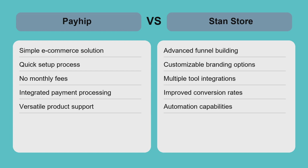For example, a writer selling ebooks might choose Payhip for straightforward sales, while a coach offering courses and memberships with email follow-ups would benefit from Stan Store's funnel capabilities. The trade-off is between ease of use and marketing power, making the choice dependent on your business goals and technical